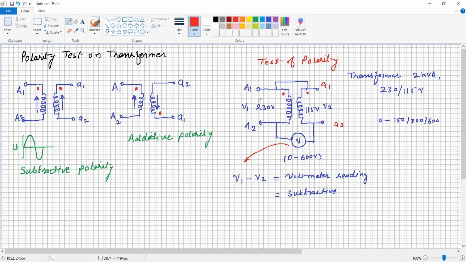and we can say that capital A1 and small a1, these two terminals are same polarity. Simply it is a same polarity terminal. Now similarly, if the voltmeter reads V1 plus V2, then it is additive. It means that here the same polarity terminals are,